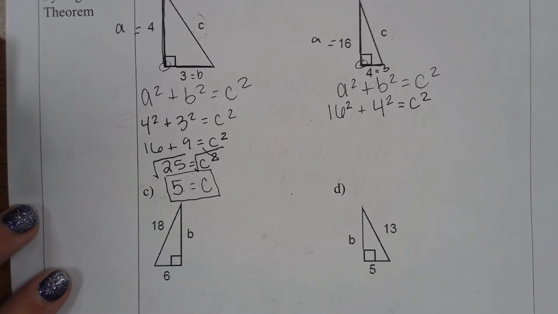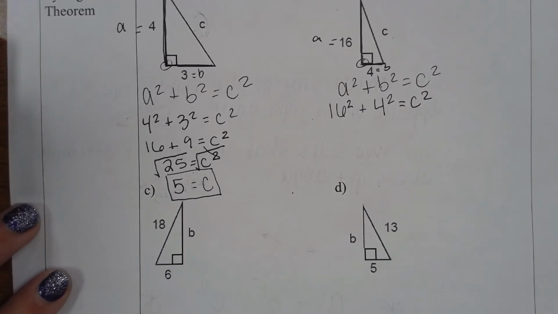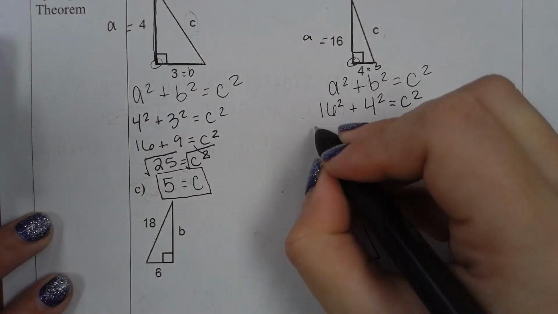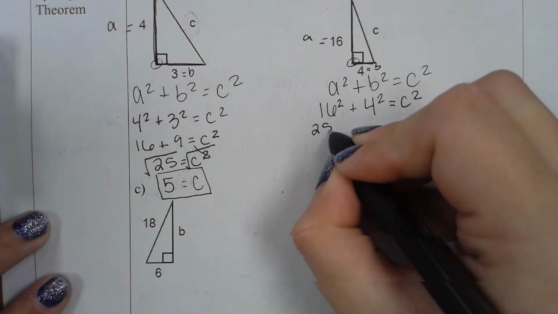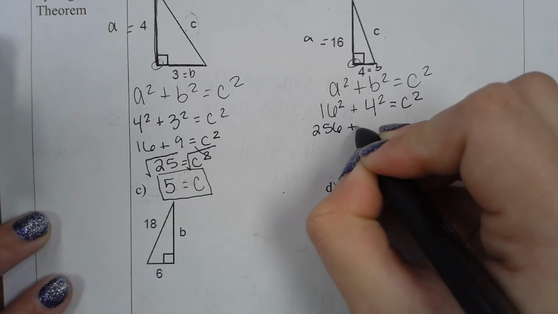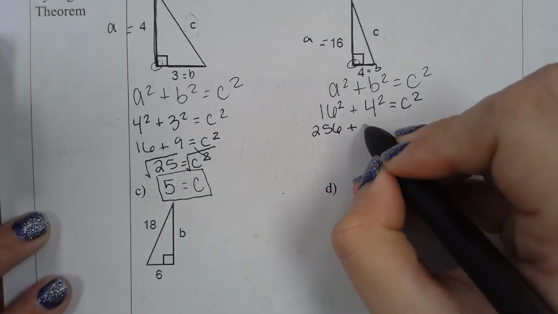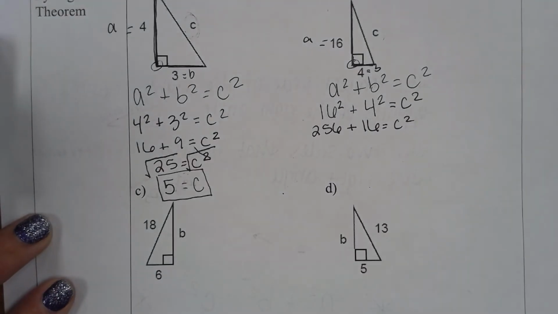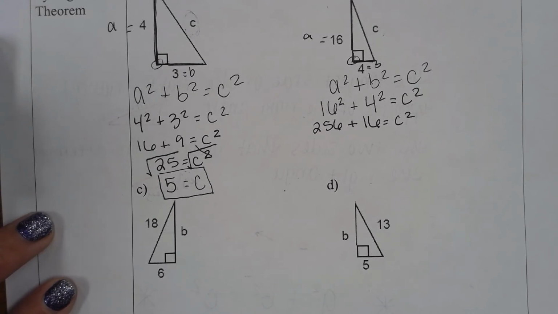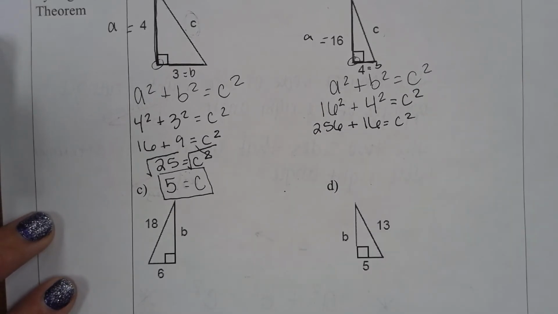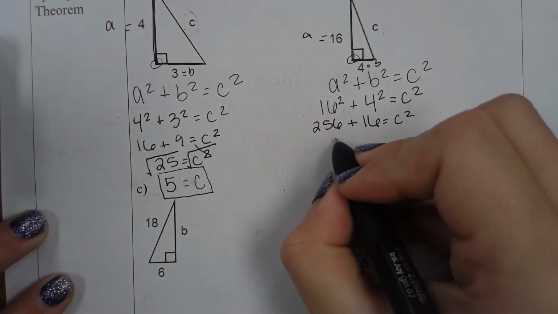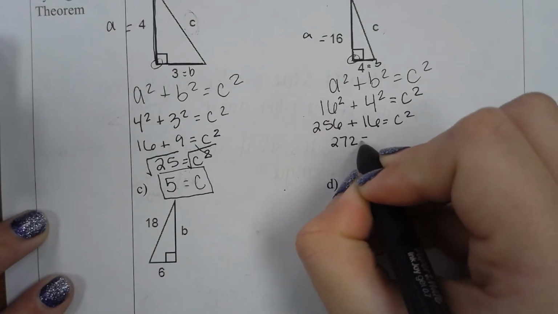All right, so remember with equations, we always need to simplify before we start moving things around. So 16 squared should give you 256. 4 squared is 4 times 4, which is 16. And then we're still trying to solve for C. Now notice how I can still simplify one more time. So if I were to take 256 plus 16, I get 272